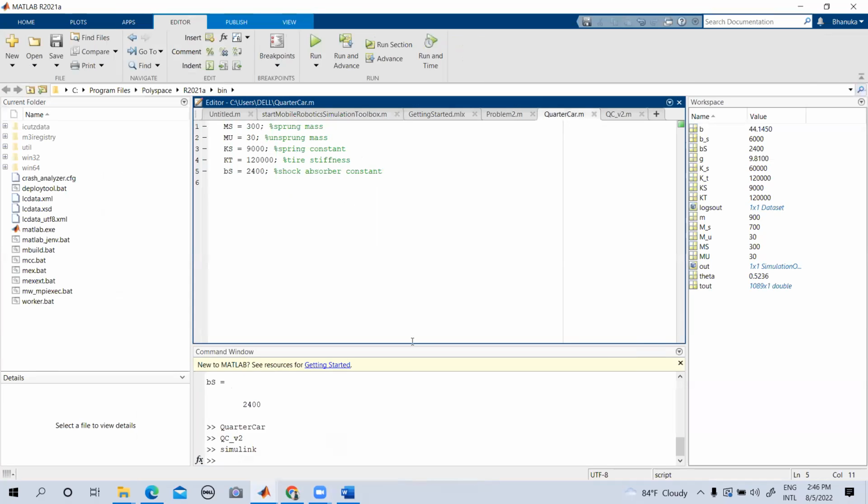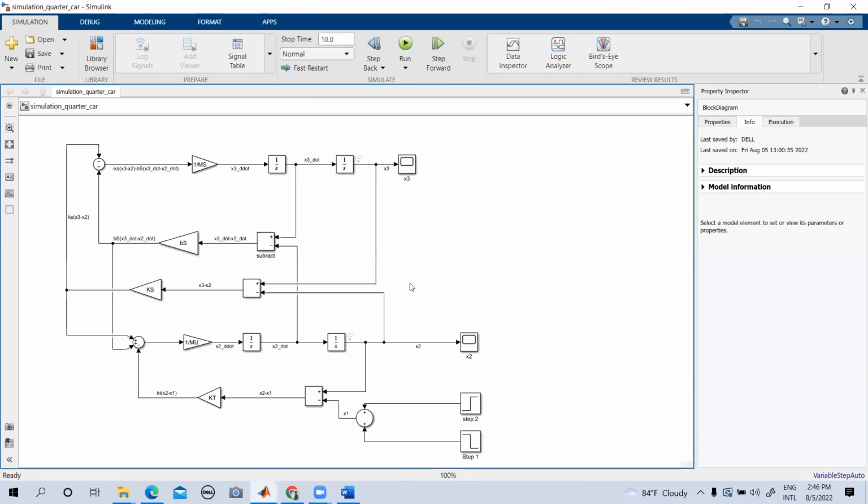So simply, once you get the equation, based on the type of equations that you get, your model is going to be different. So this model might not be the same as what you get. These gains actually correspond to the sprung